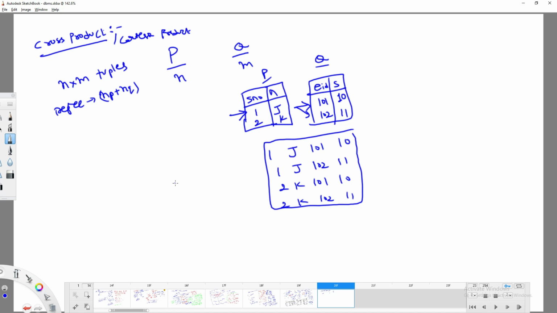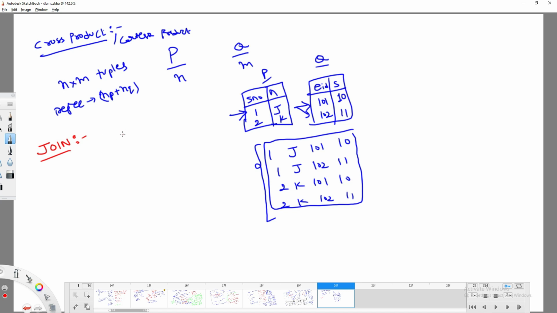But in reality, is there any meaning for this? If I have two tables and simply perform a cross product, is there any meaning for the resultant table? No, there is no clear meaning for that. That's the reason we got one more concept called joins. A join is like a cross product, but while performing the cross product, it performs the join based upon a certain kind of condition.